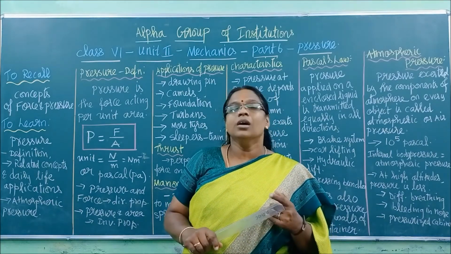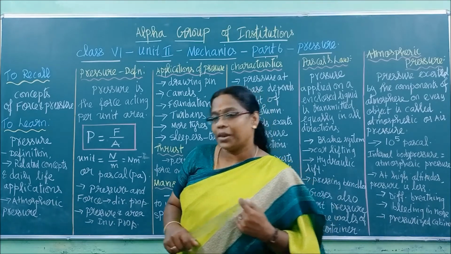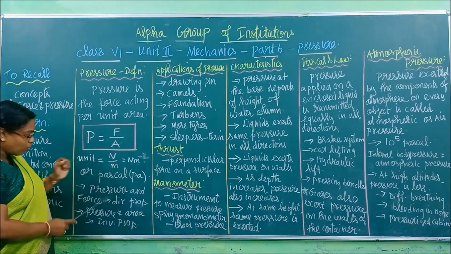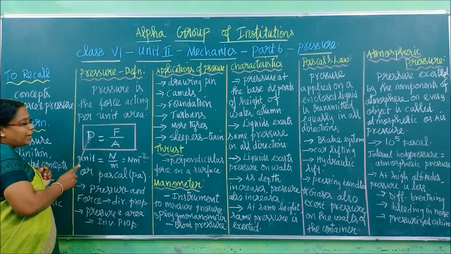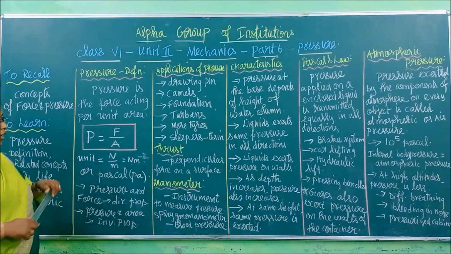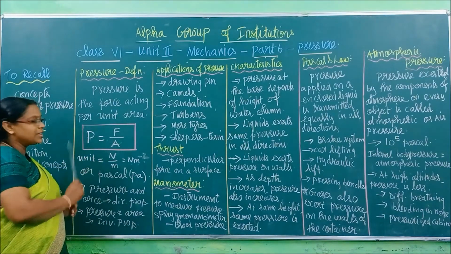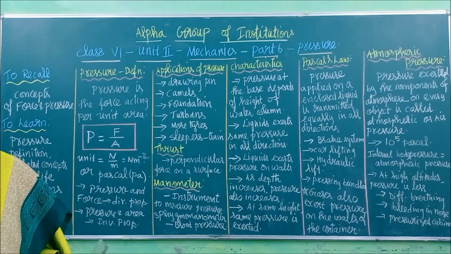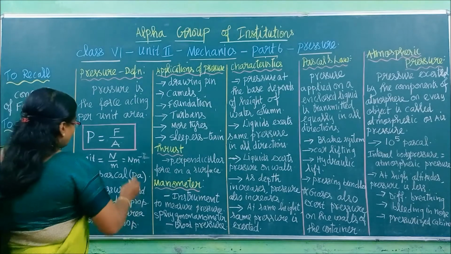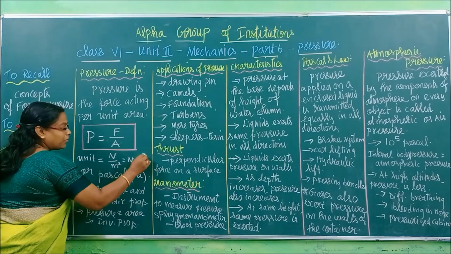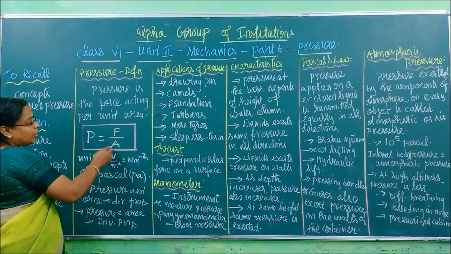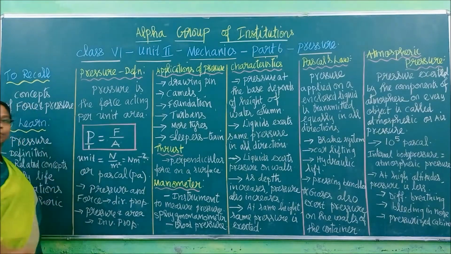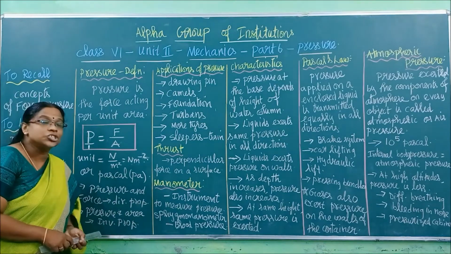What is the formula? Pressure is equal to force by area. Okay, children, through this formula, what can we understand? See here: pressure, force, area. Usually force is in the numerator and area is in the denominator. Now I get a chalk piece to explain it. This is meter square, so this is power minus 2. If there is no denominator here, it is understood as 1. Now we have a relationship.